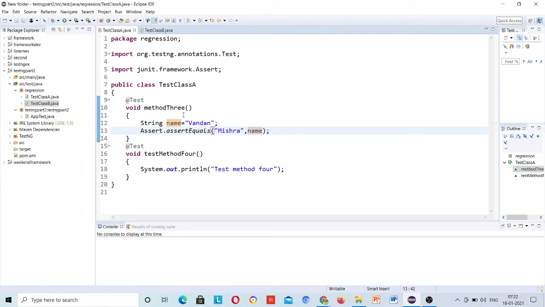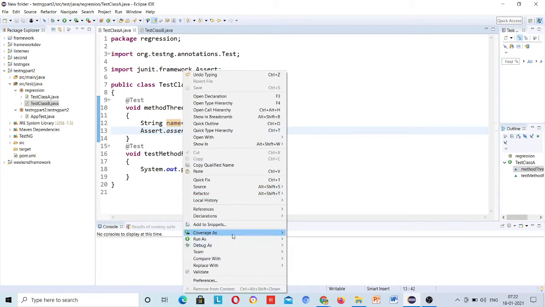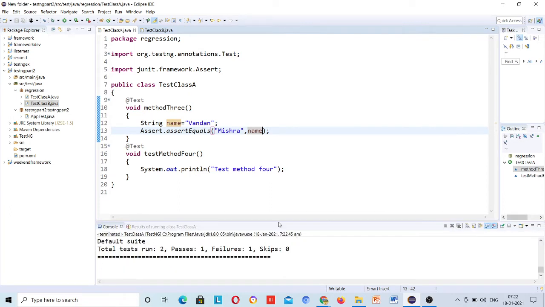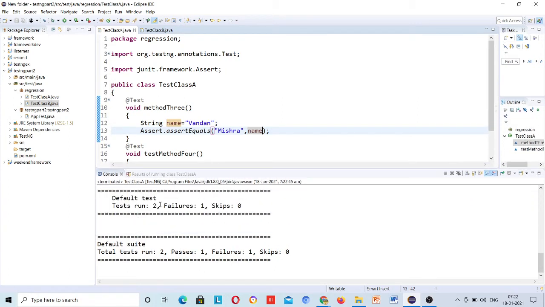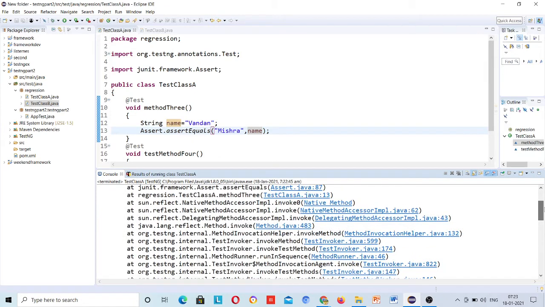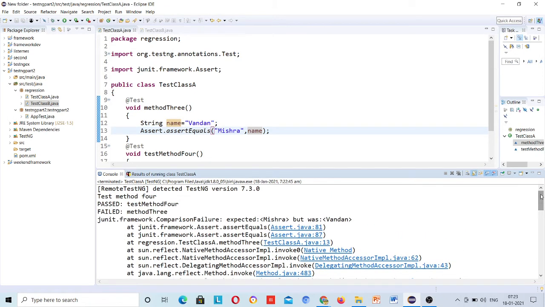If I run this test case, you can see how many test cases ran. Tests run 2, failures 1. So the total test cases ran is 2 and failed is 1. The failure is saying expected Misra but was Vandan. This is what the assertion will do for you.